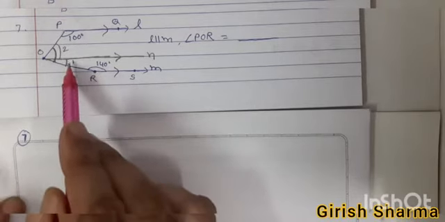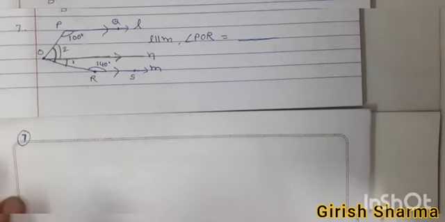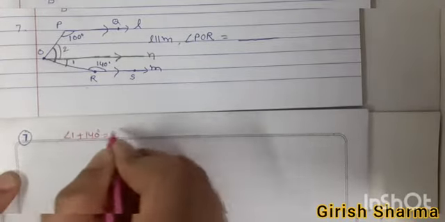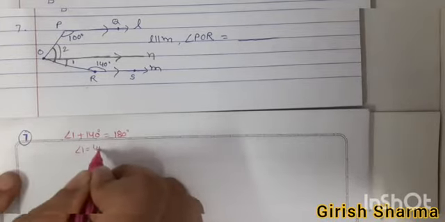Okay. And one more thing you can see, M is parallel to N. Then I can say angle 1 plus angle 140 degree is equal to 180 degree. You know why is that so? Because of co-interior angles. Okay. Two parallel lines intersected by any transversal line, and these interior angles are called co-interior angles. Okay, it means I can say angle 1 plus 140 degree is equal to 180 degree. Is it clear? Then angle 1 directly 180 minus 140 is 40 degree.